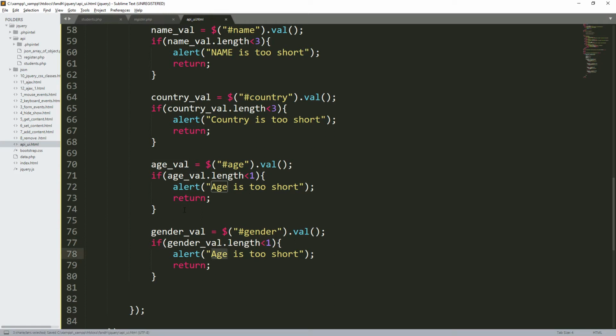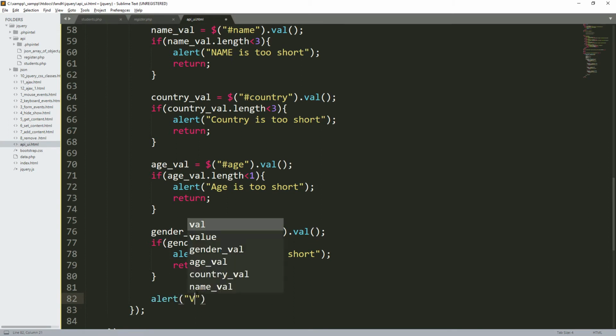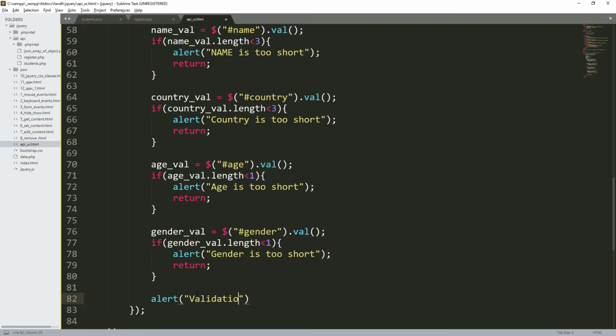I can say gender is not mentioned, and then if it passes all these, I can say validation successful. So let me just alert here and say validation successful. So it means that this validation successful will only be executed after testing the length of all these values and